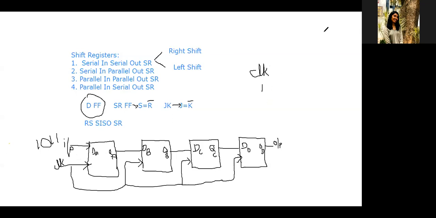Okay, so across the first clock pulse, I'm going to draw QA, QB, QC, QD.